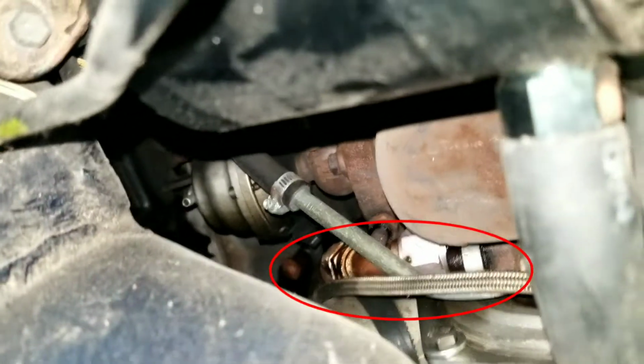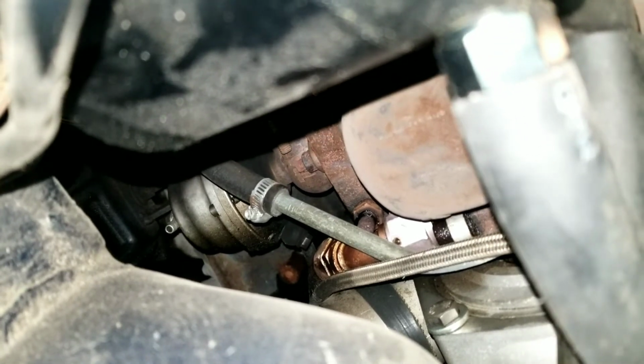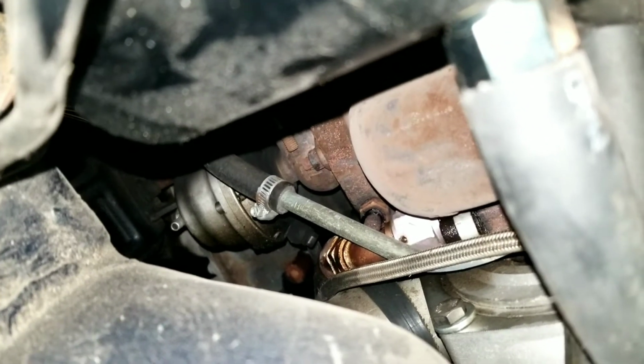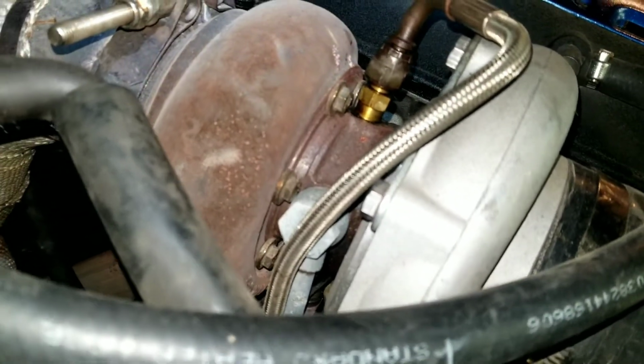So you can't really, oh, maybe you can. Down there, you can see the oil drain with the little red anodized aluminum fitting. So what I've got to do is get those two Allen bolts off and change that gasket technically, but I might just pull the whole turbo off and replace it on the workbench because it looks like it's a little hairy down there. I can't remember how I did it, so